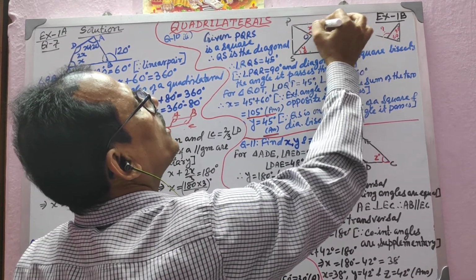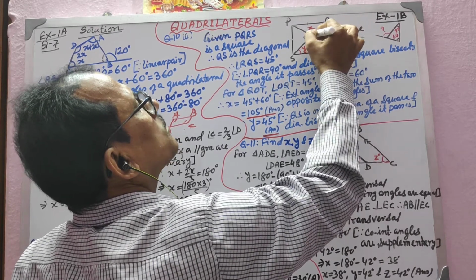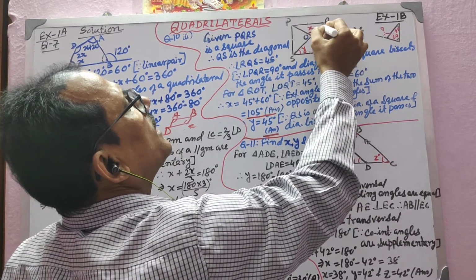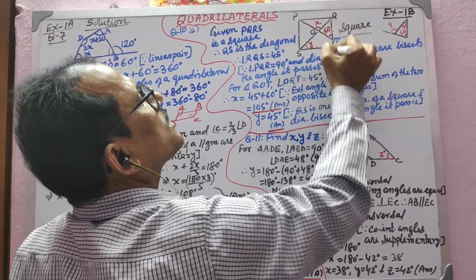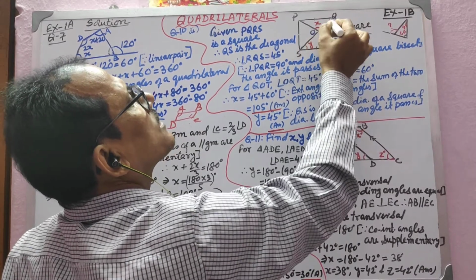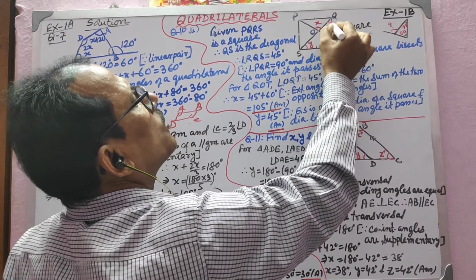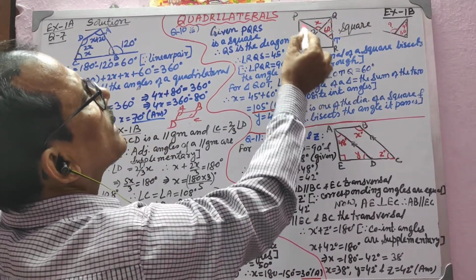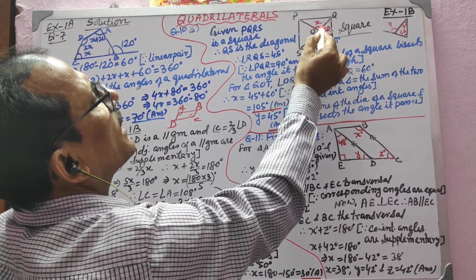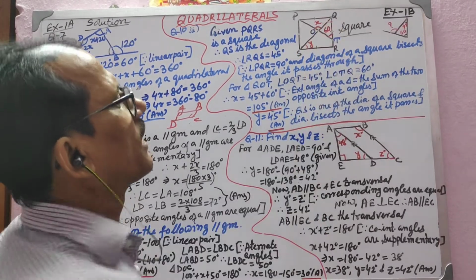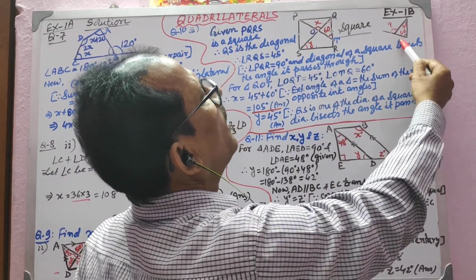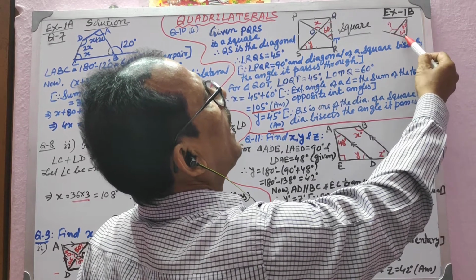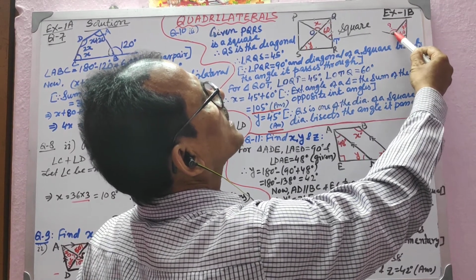And see the triangle now, QOT. I have marked this vertex as O, this vertex as T. So QOT, you see here, is 45 degrees, because this is a total of 90 degrees, and this diagonal has bisected it, so it becomes 45 degrees. So for the triangle QOT, this is the exterior angle of the triangle, equal to the sum of the two opposite interior angles. You can see here, I have drawn the figure. See, this angle you got as 45 degrees by the bisection of the diagonal, and this angle is 60 degrees given to you. This is the exterior angle of a triangle.